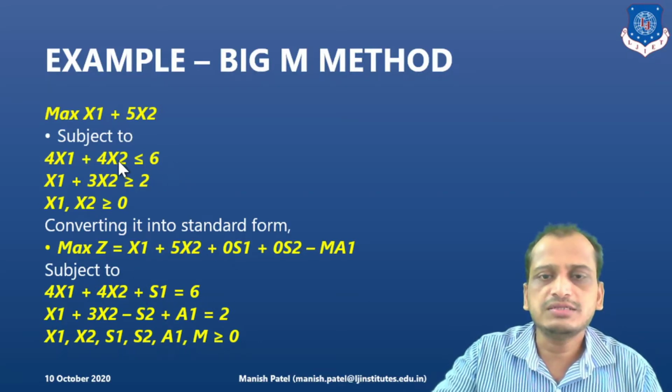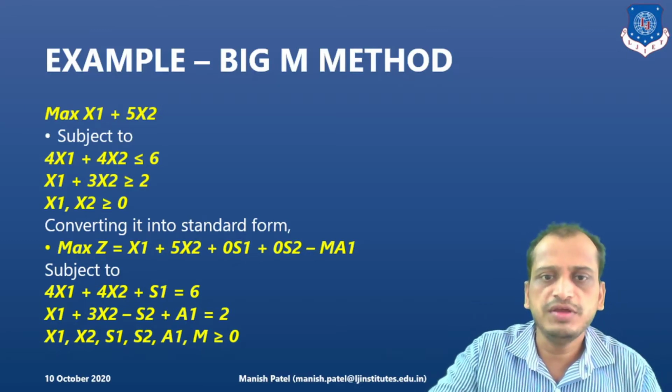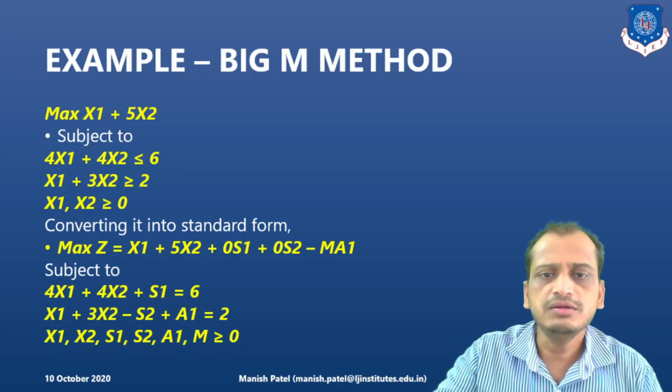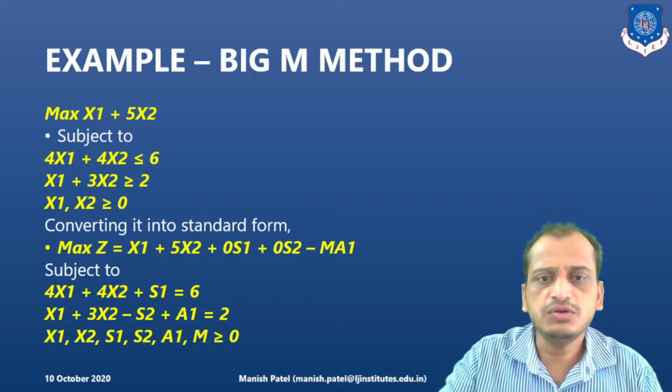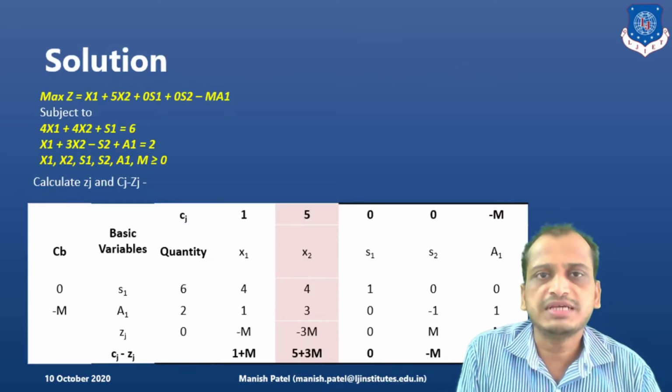Here, same as the simplex method algorithm where we have constraints of less than equal to, we introduce this slack variable s1. Clear? So after converting it into standard form, what is the next step? We will convert it into a simplex tableau for easy solving of the problem.